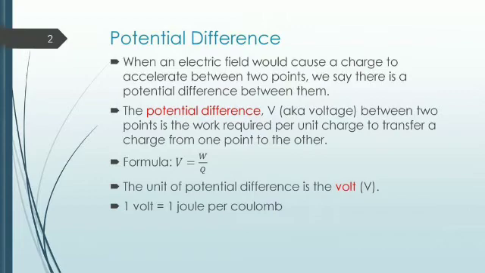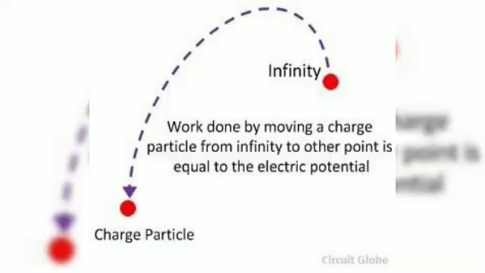Now let us see the formula. V = W/Q. W is the amount of work done and Q is the charge. So we can write the unit as joule per coulomb. Otherwise, in SI we write volt, and the symbol is V. Again, it is a scientist's name, so you will use a capital V. 1 volt is 1 joule per 1 coulomb. So we can make the definition of 1 volt also.